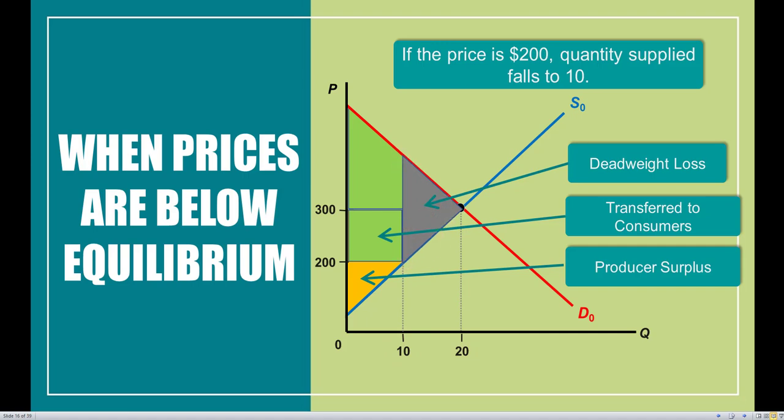So once again, in each of these scenarios, because we are not in equilibrium, one part of the marketplace is going to gain, the other part is going to lose, and we're always going to be inefficient because we have this deadweight loss. So use this intuition to identify these areas first, and then we'll give you the specific numbers in order to calculate and compare consumer surplus, producer surplus, deadweight loss, and total surplus when we're in equilibrium versus when we're out of equilibrium.